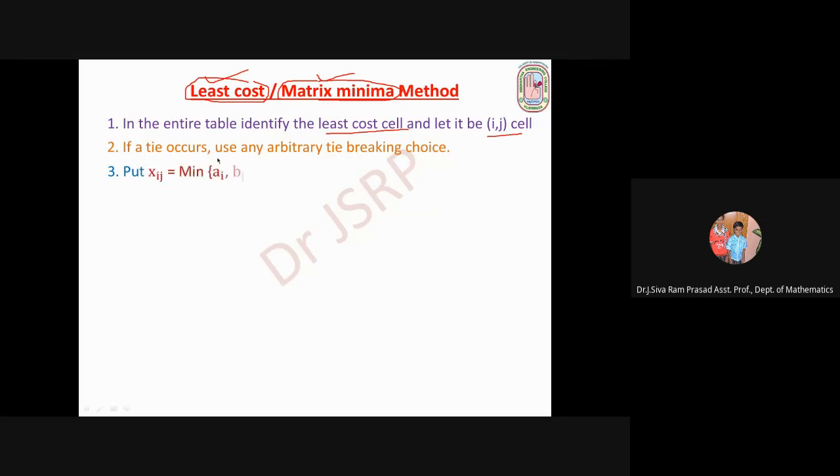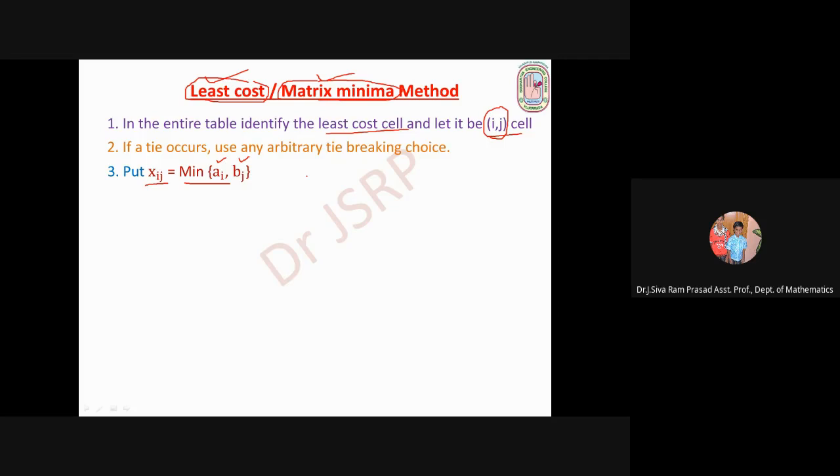As usual, for this least cost cell, the (i, j) cell, the decision variable is xij. For that cell, the corresponding available amount is ai, and the corresponding required amount is bj. So we take the minimum of those two amounts: xij equals minimum of ai, bj. The remaining part is the same as in Vogel's approximation method. The difference between these two methods is the starting point, where we have to start the method.